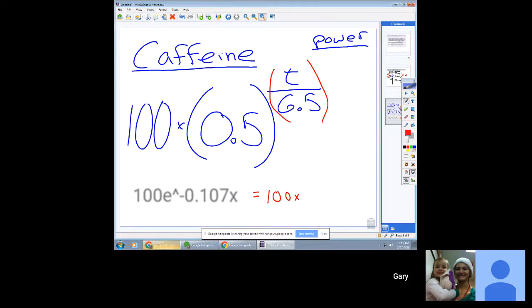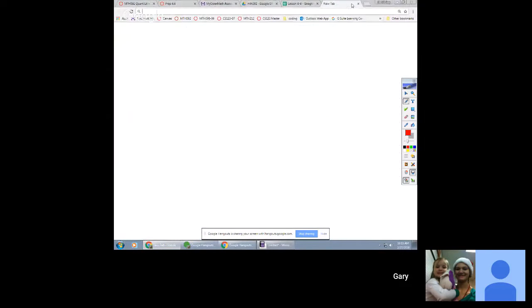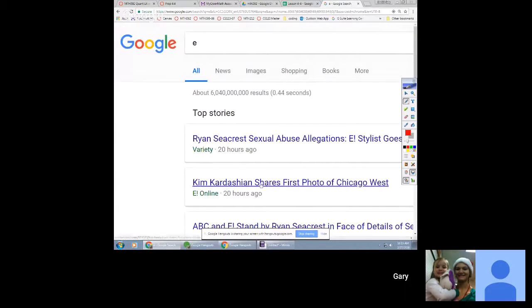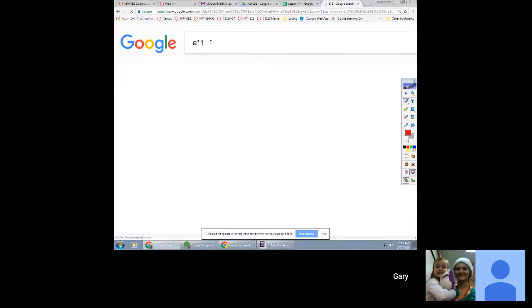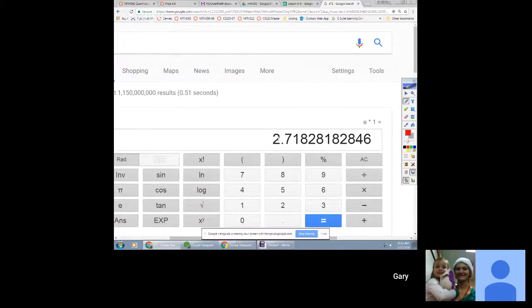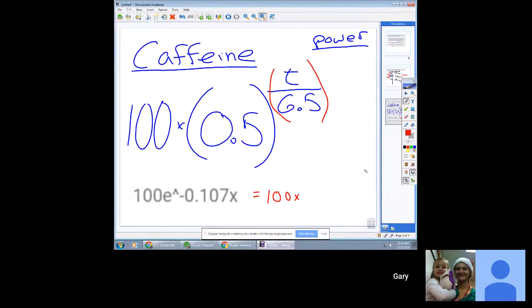So some calculators have an E button. Let's see if the Google calculator does. It's not giving me a calculator. What if I go E times 1? There's my calculator. So Google says E, like, it's a magic number like pi, is 2.71828. So if I went out to 3 decimal places, I call it 2.718. So my base is about, I'll put a wavy equal sign because I'm going to round E,